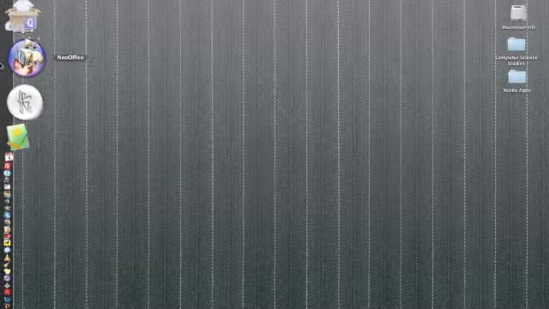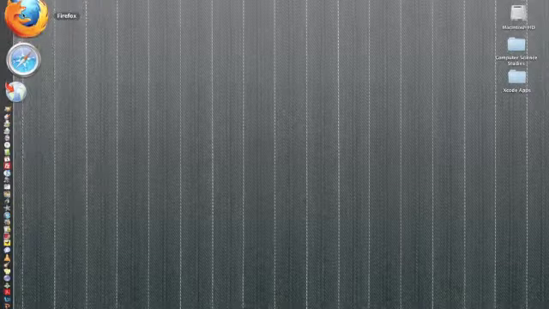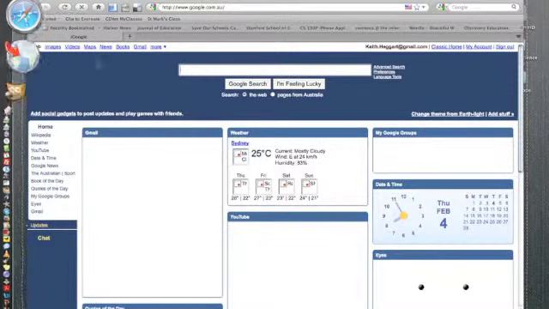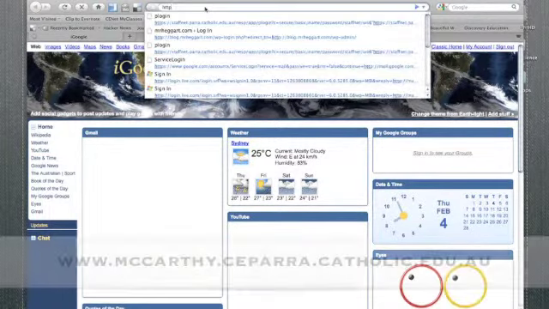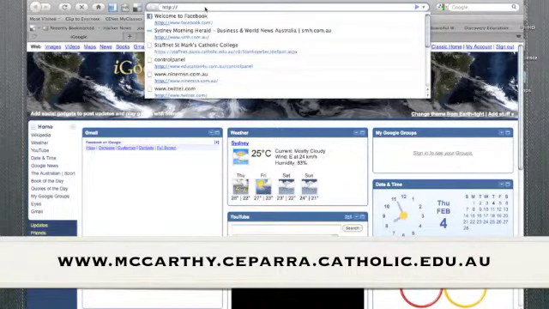Okay, so the first thing that you need to do is open up your internet browser. So you can see I'm going up to Firefox here, or if you've got Internet Explorer, that'll do as well. And then you need to go to the address where CENET is. So up to the address bar, and you can see I'm typing in the address at the bottom of your screen: